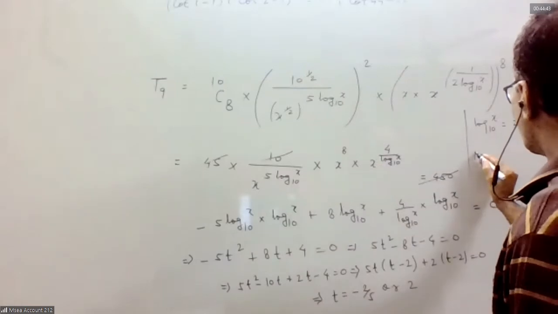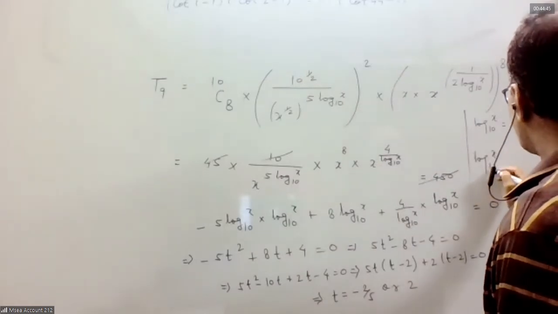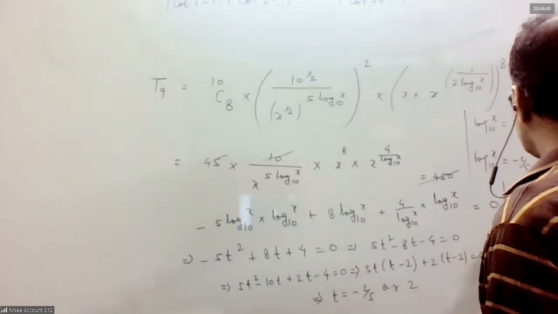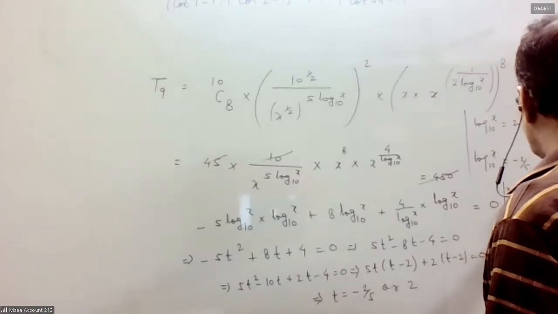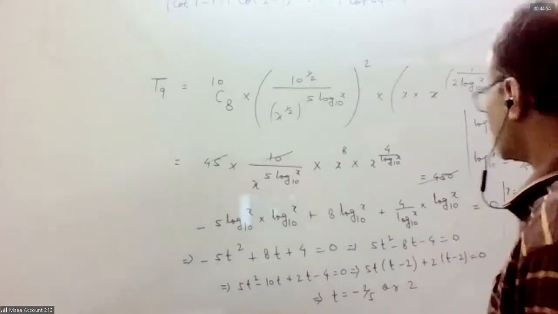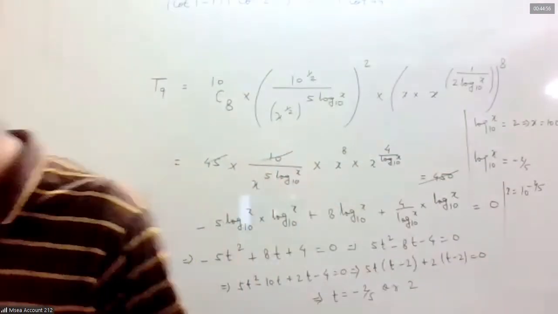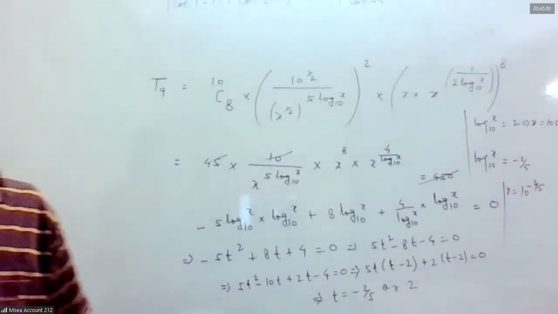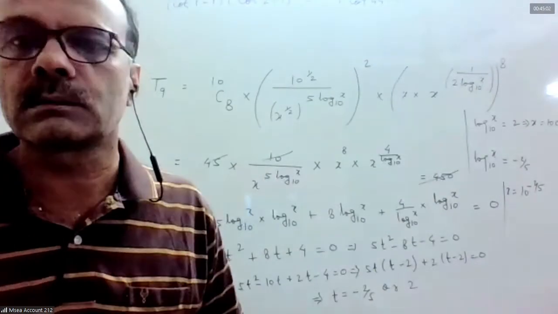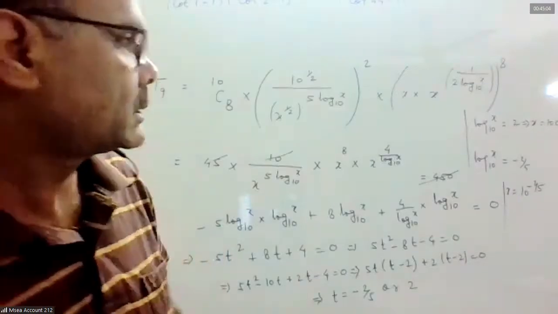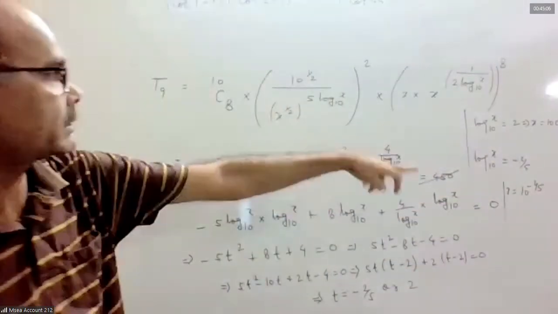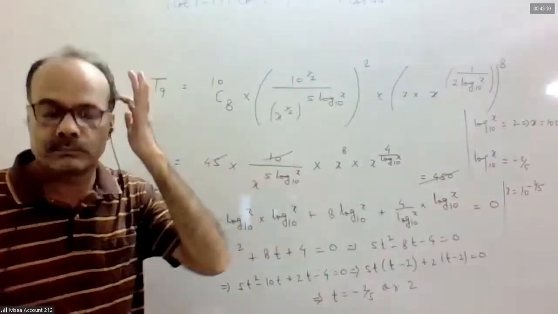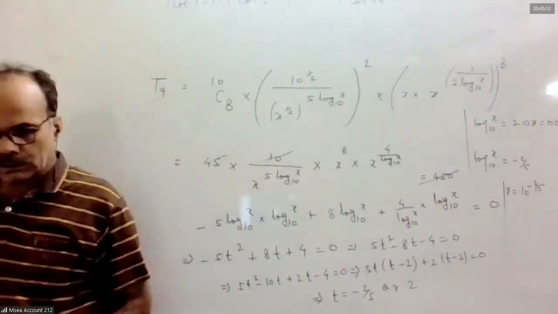Okay. Now log x base 10 is minus 2 by 5. So x is 10 to the power minus 2 by 5. Will it be defined? He is asking for a rational value. So 100, sir. Yes. This is an irrational value. This is also correct because for that x, everything is positive. Any other?